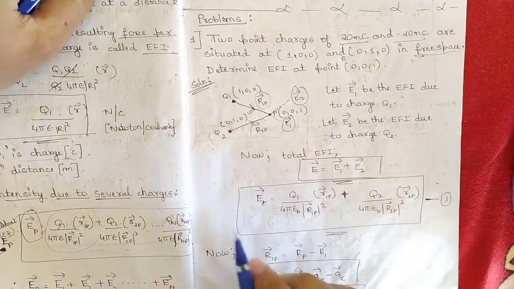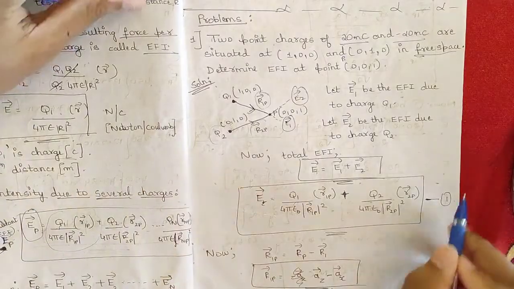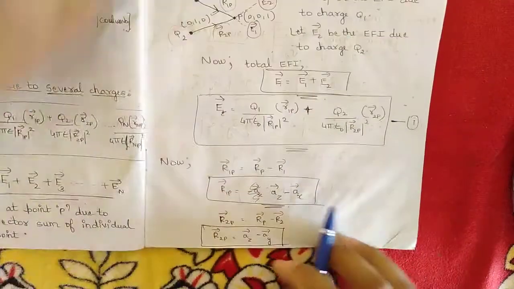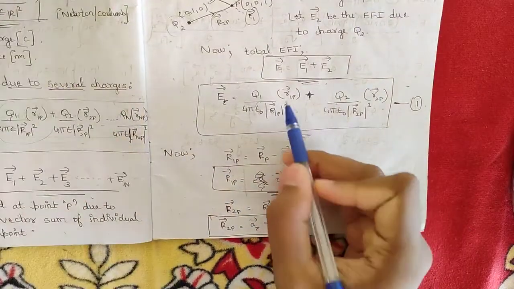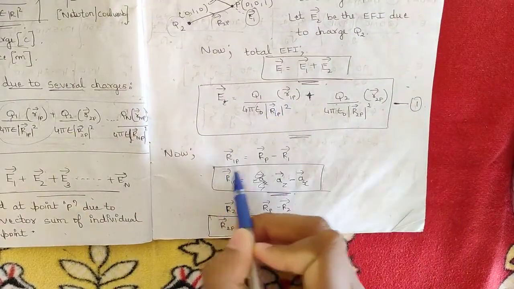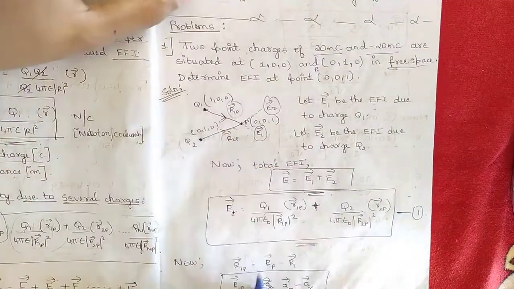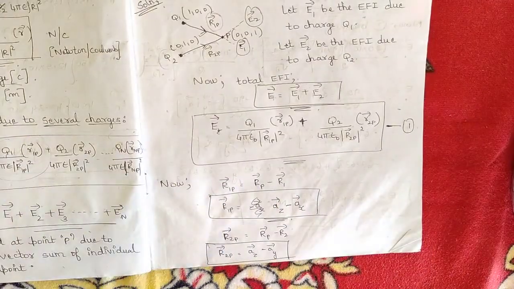Okay, so this is the formula for this question. Name it as equation 1. In this, which terms do we need to find out? First we need to find R1P. R1P is given by RP minus R1. So RP minus R1, that is,